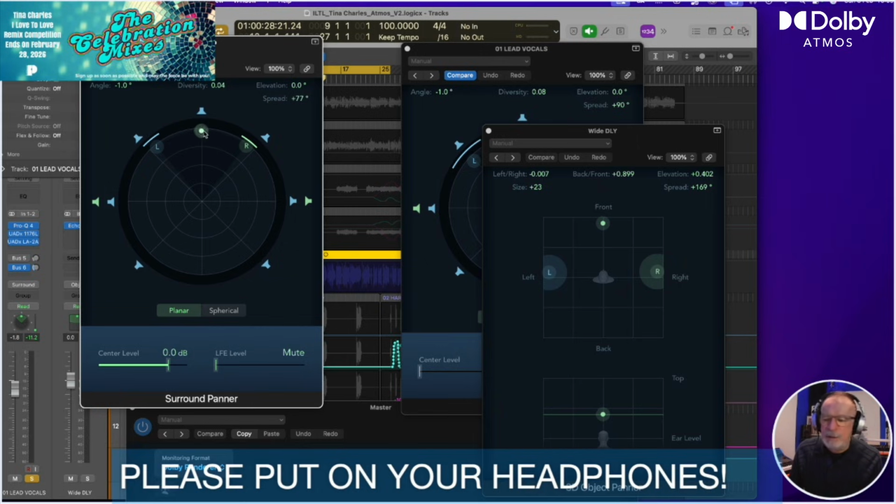Let's put that back here. Whereas the delay is, boom, left and right. So the delay is left and right, just in front of the left and right surrounds, which is to my immediate left and right opposite here, in the middle, so to speak, of the space. But there's some elevation added to this, so they're slightly lifted into the top speakers, and that's really where you